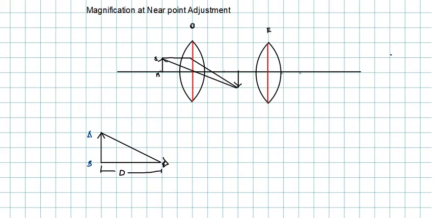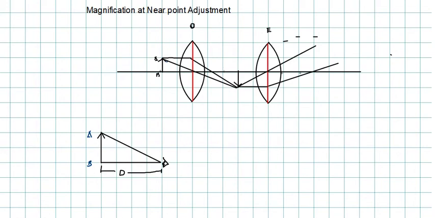Again we consider one ray that goes from here, parallel to the principal axis, and after refraction passes through the focus. Another ray goes through the, wait a minute. Definitely the focal length of the objective is greater than the focal length of the eyepiece. So let it go this way, and another ray goes like this. Keep that in mind: I am taking one line, two lines, three lines as the focal length of the objective. In this case, I am taking only 1.5 lines. When you do this, your ray diagram will be clear.